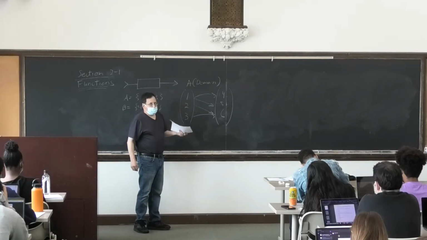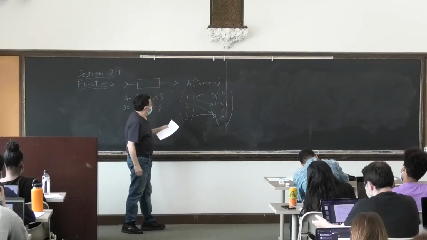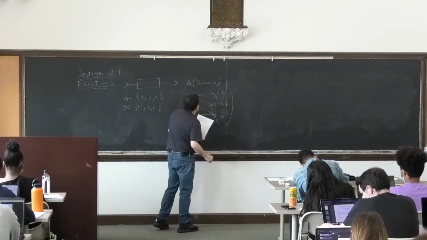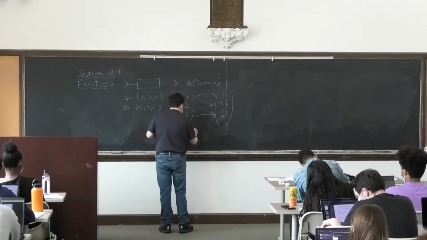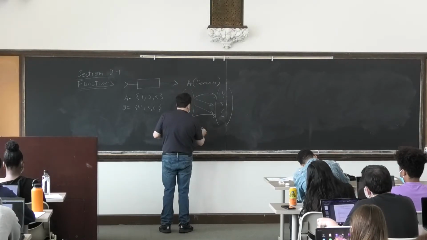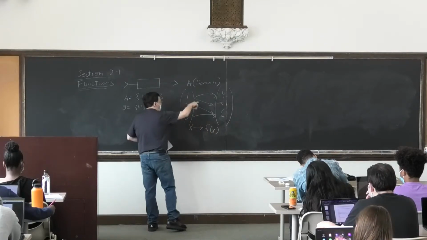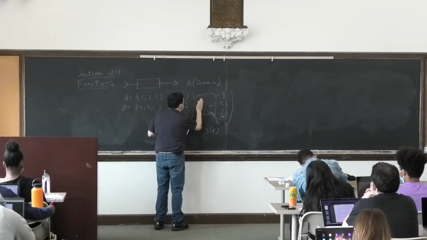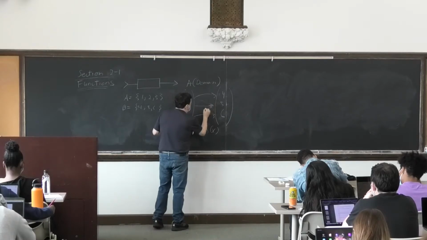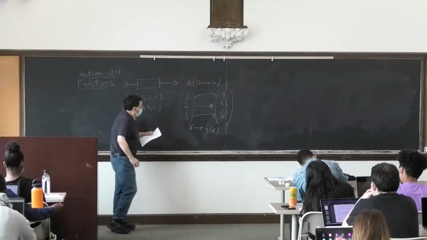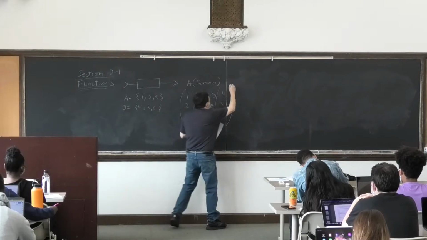And we're going to talk about how to see what's not a function. Another way we might describe this is x goes to some function of x. This describes the function. The B set here,